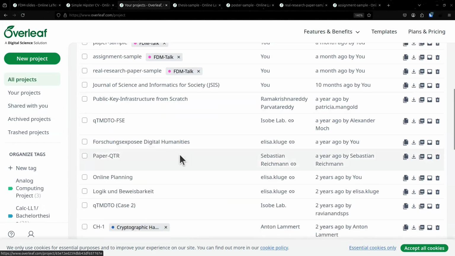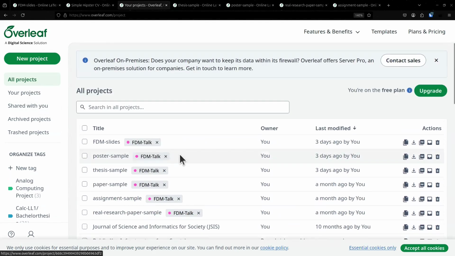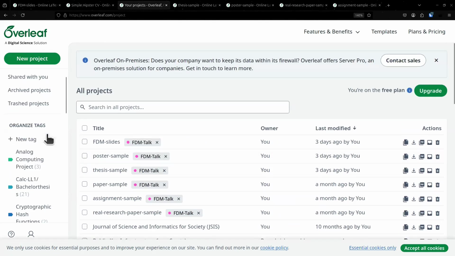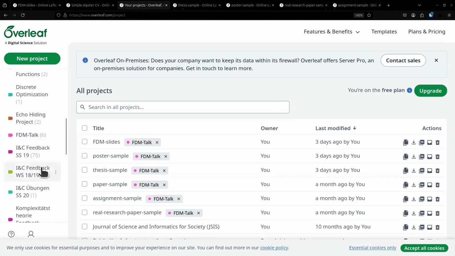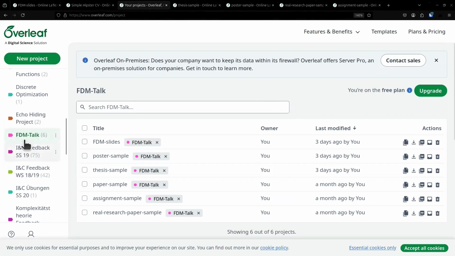I have a lot of projects over the years, and you can see that you can organize your projects. If you have a lot of projects, you can create a tag. For example, I have created a tag for the FDM talk, and everything that I have here, all these sample files, for example, are now in this kind of directory.